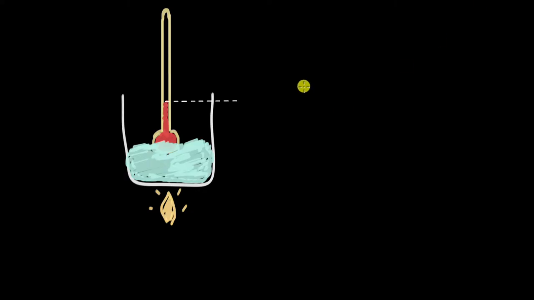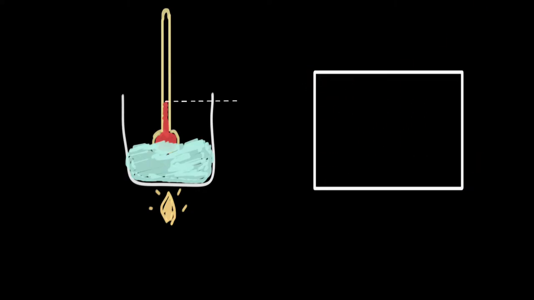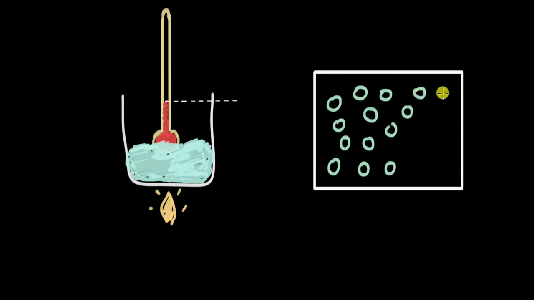Now at the particle level, if we zoom in, let's say we have ice to begin with, and we have all of these ice particles. There will be many ice particles because it's a solid, right? So it will be tightly packed. Initially they are vibrating about their position, but when you supply heat, it increases their kinetic energy. So it means they start vibrating faster